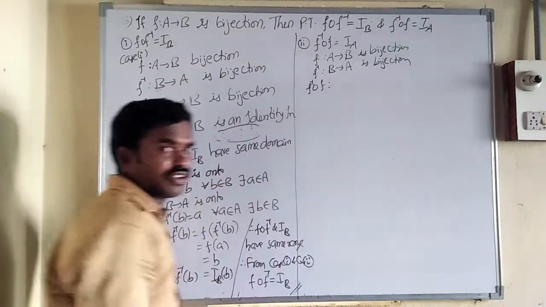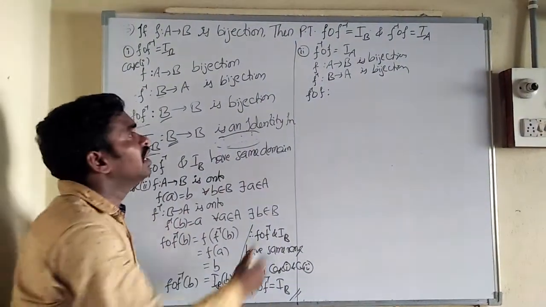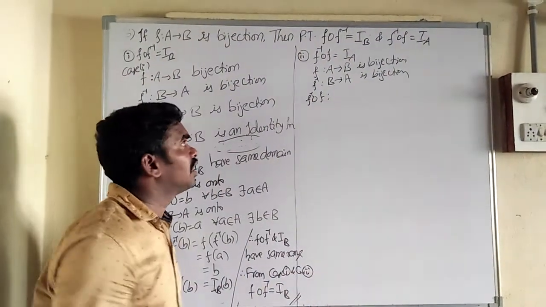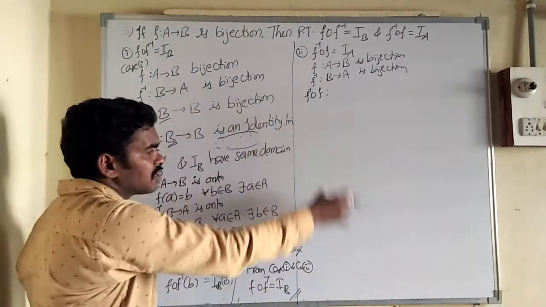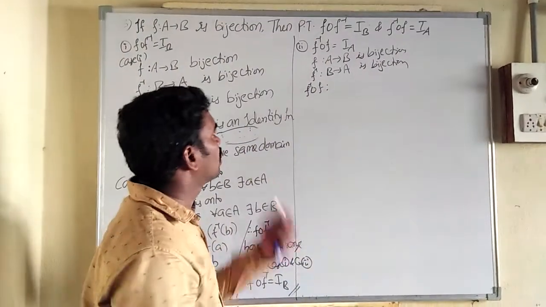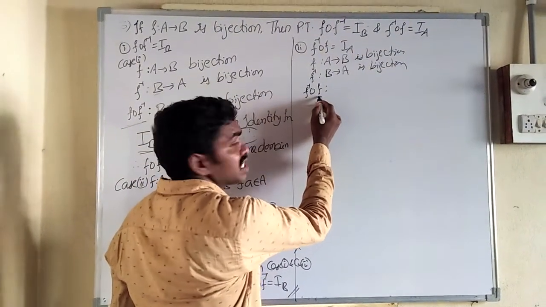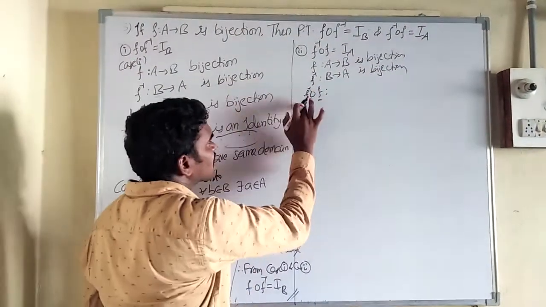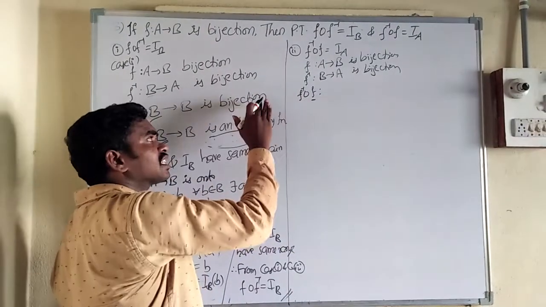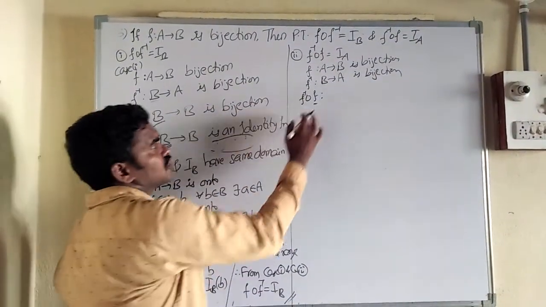Okay, now if you understood this very clearly, you can do this. Now we just pause the video, you try to simplify and check after. Next, F inverse circle F. So here the first one is F. This is the first one. Next, the second one is this. If anything is there, that is the third, that is the fourth, and so on.